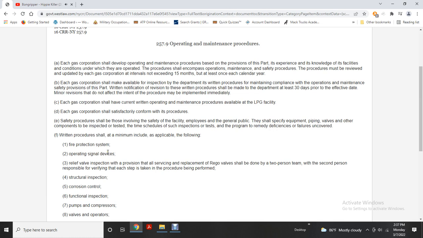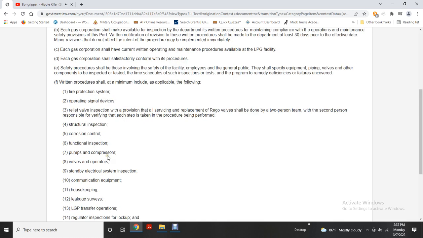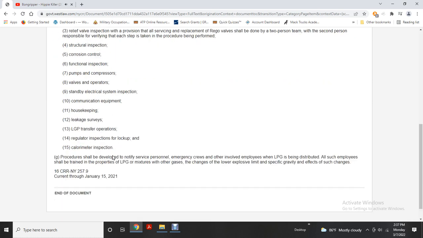Inspection provisions for the servicing and replacement of Rego valves shall be done with a two-person team, and the second person shall be responsible for verifying each step of the procedure being performed. Structural inspection, corrosion control, functional inspection, pumps and compressors, valves, operators, standby electrical system inspection, communication equipment and housing, keeping